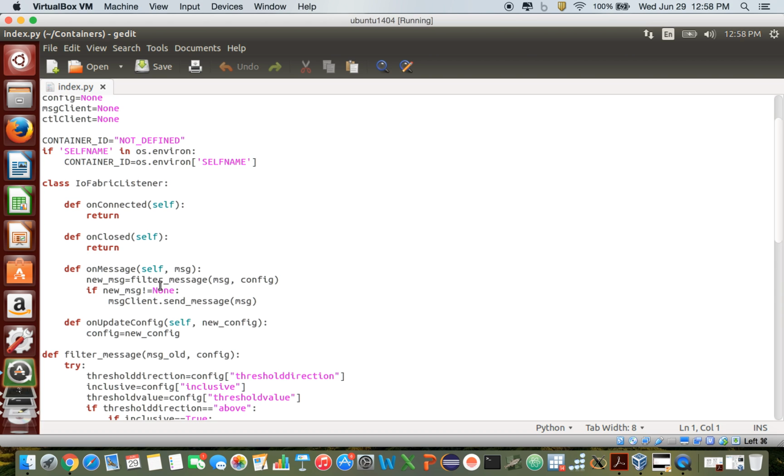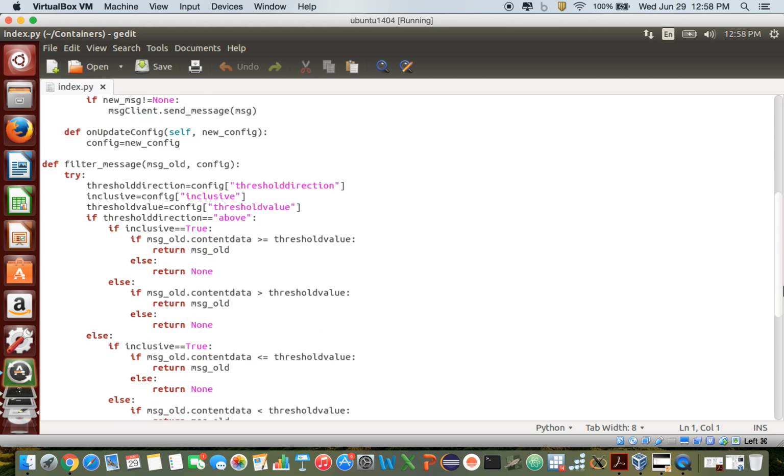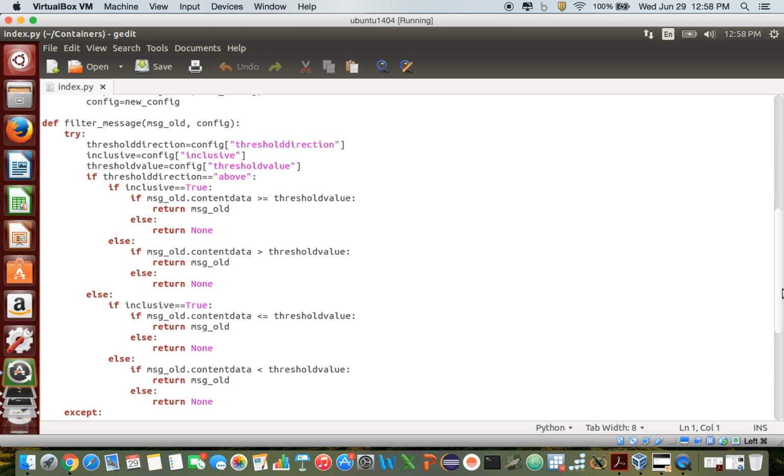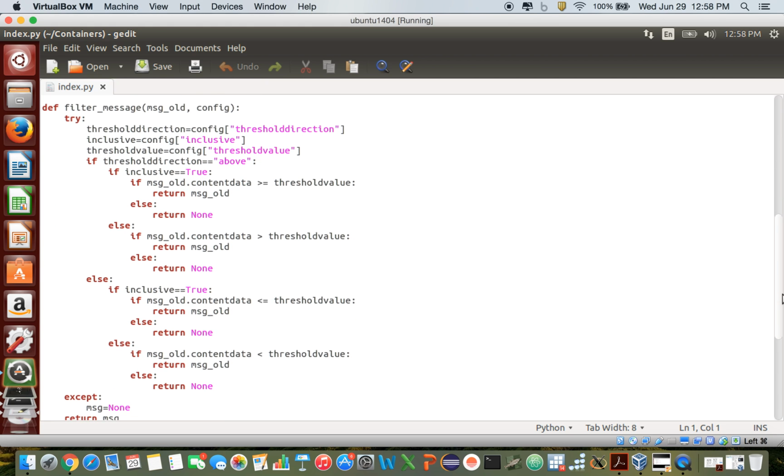And then if it's not equal to none, basically if it's meaningful, we're going to be sending that message using the message client. Okay, cool. So this is our listener implementation. Other than that, we have this filter message method, which of course will not probably be very meaningful to you, but it gives you a few ideas about configurability,